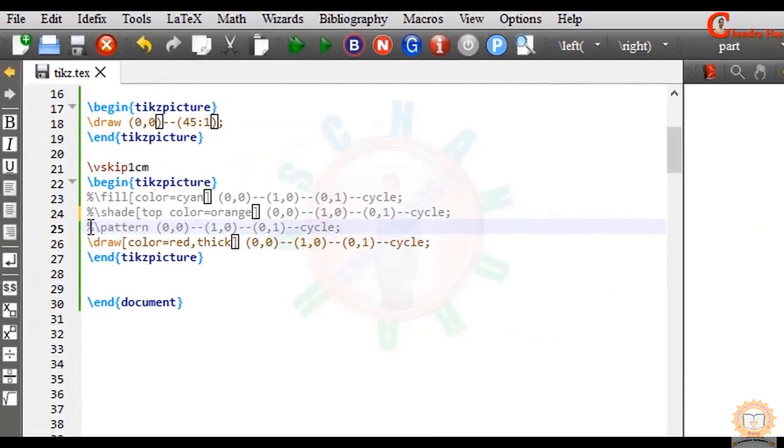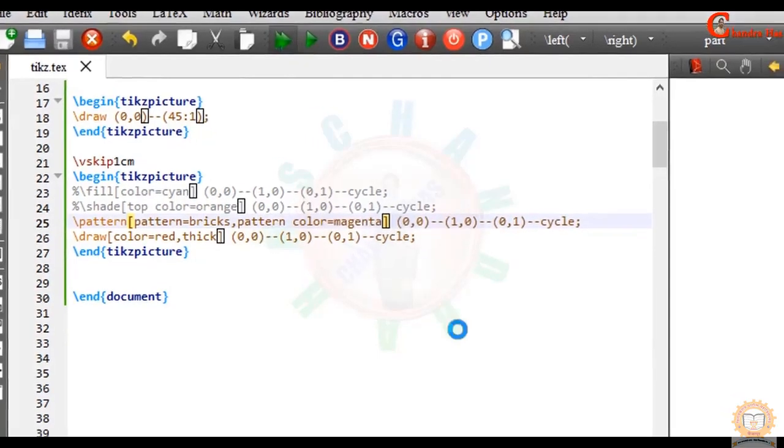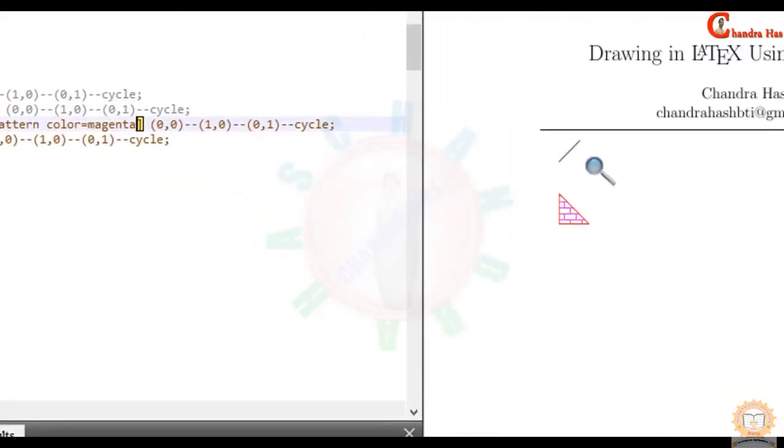In the next I want to use pattern, and here I want to use the bricks pattern. Okay, so I'll write here pattern equals to bricks, and pattern color I want to use magenta. Compile this file. So these things we have already seen in the last part.